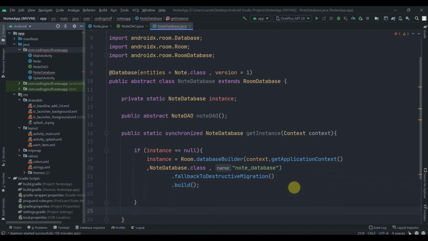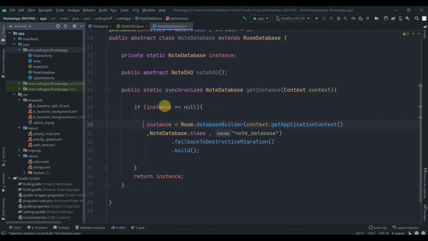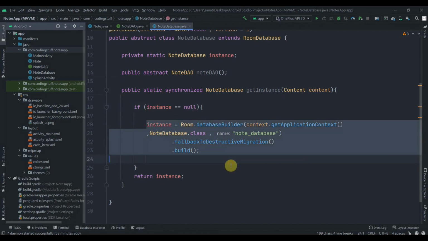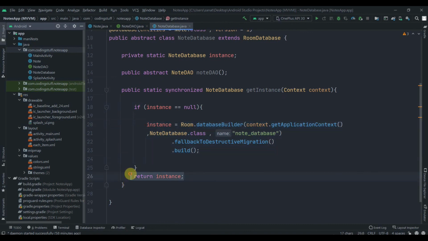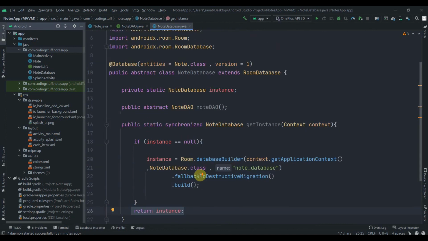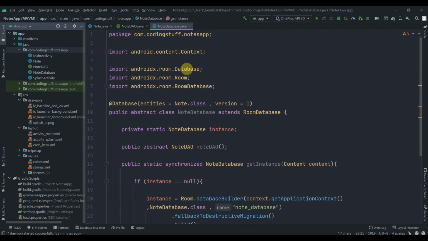After this if condition, we'll just return this instance. So it will check if the instance is equal to null, and if the instance is null, it will create a new instance and return that instance. And if the instance is already created, meaning instance is not equal to null, then it will return the already created instance.